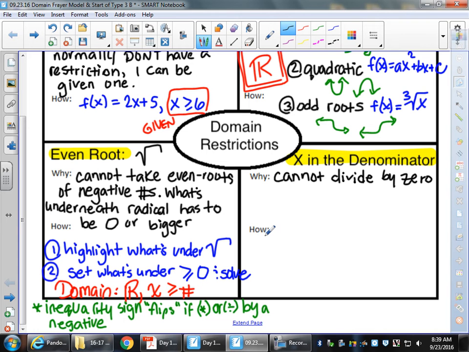That simple. We can't divide by 0. So we need to figure out what value or values, so we'll put an S next to it,